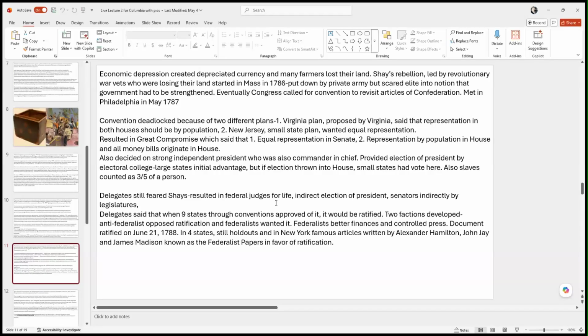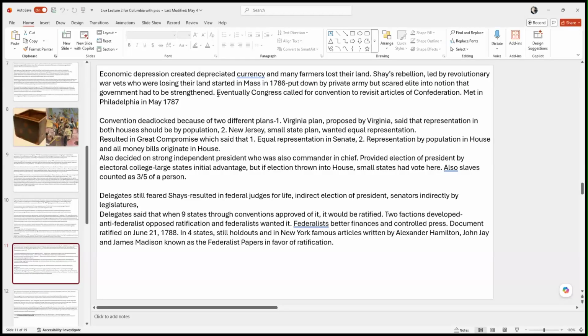They're angry. They feel like the government should pay them back for the loss of their farms and things like that. And they organize themselves into kind of a mob, and they basically try to get the federal government's attention to their grievances. The Continental Congress is able to disperse them with colonial militias, but it really scares them. It scares the Congress. This was basically just a bunch of ticked off farmers.